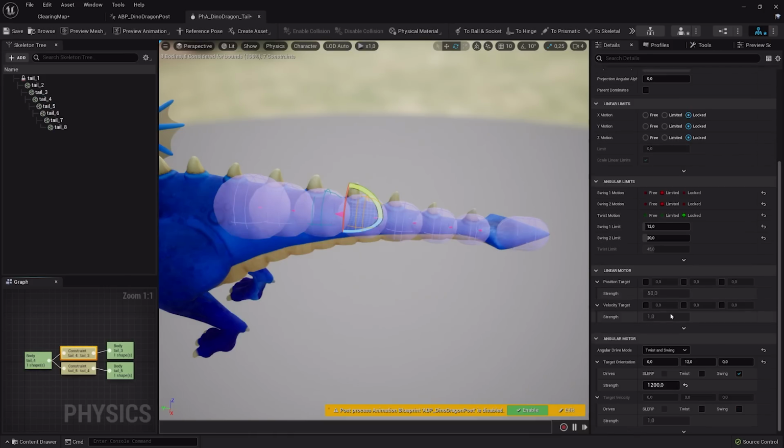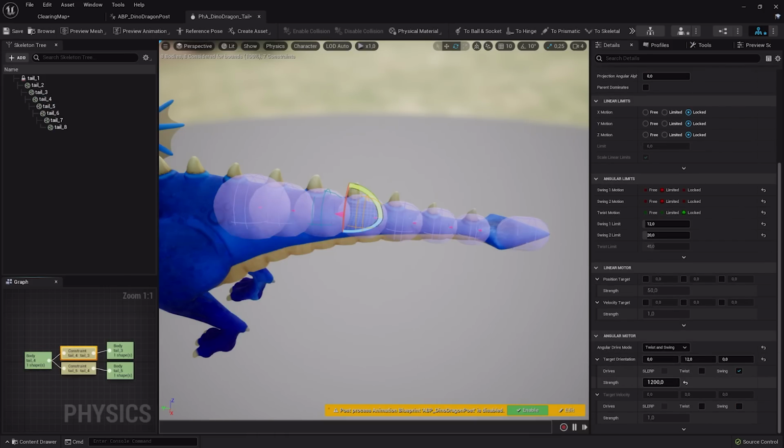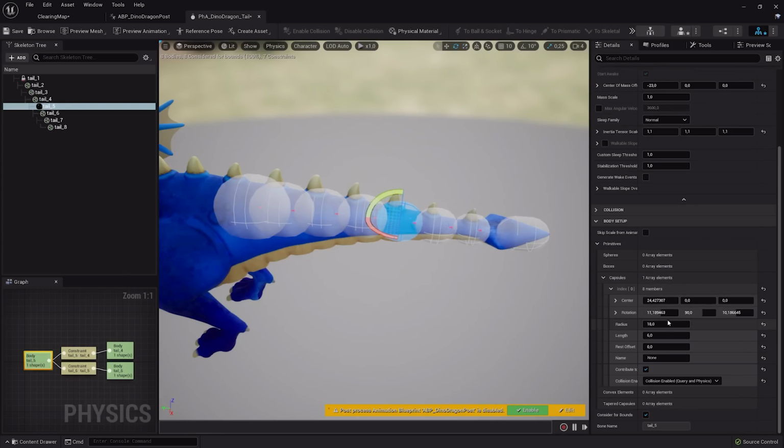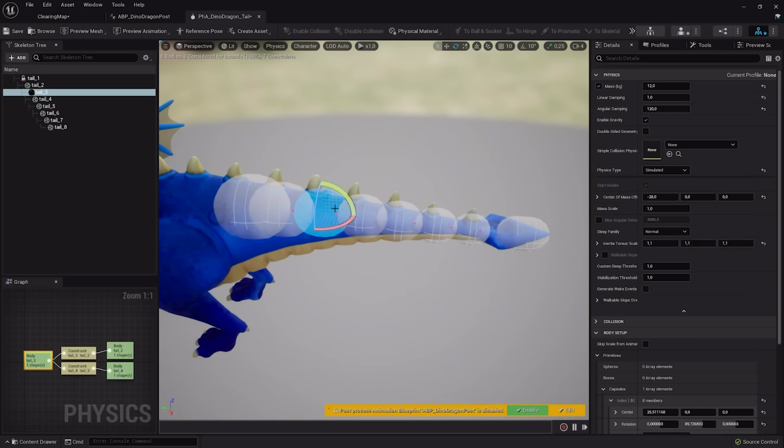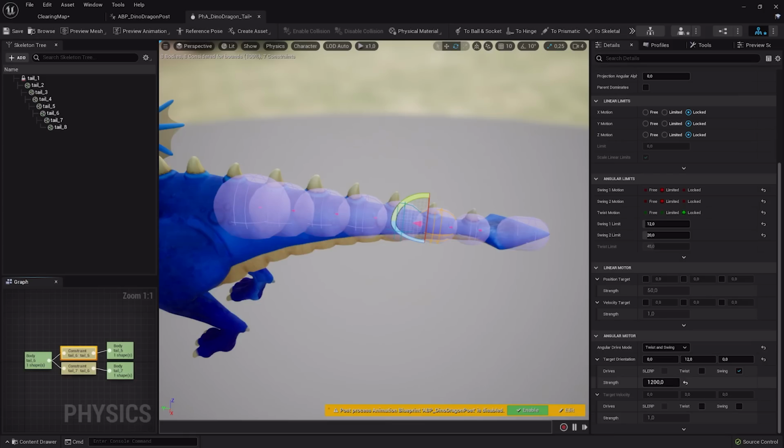So first of all, in the past, I went to the constraint, and then I usually bumped up the motor a lot. And that gives you jittering and a lot of other problems. So to counter that, I can actually manipulate the center of mass. So in this case, I move the mass up the chain back closer to the constraint, which makes it much easier for the physics to deal with. And next, a good rule of thumb is to make the children half the weight of the parent. So here you can see if you go down this chain, I decrease the weight. And then I have a pretty okayish motor, which is pointing a bit upwards.